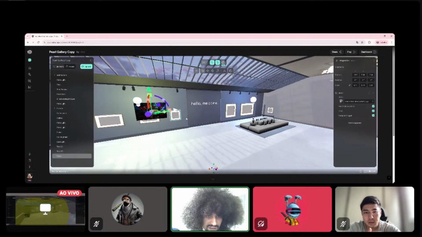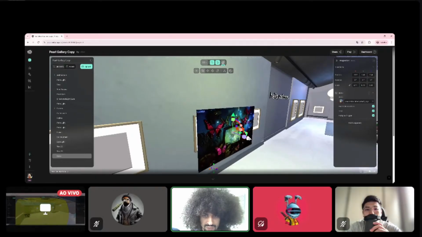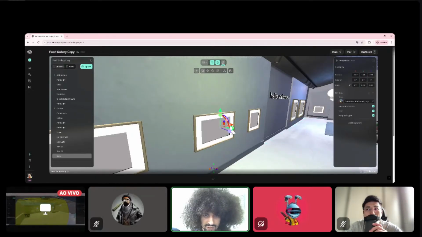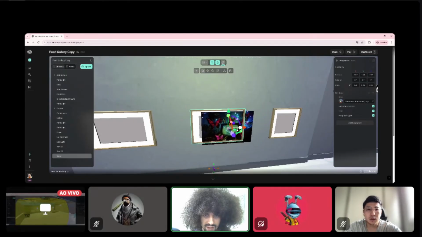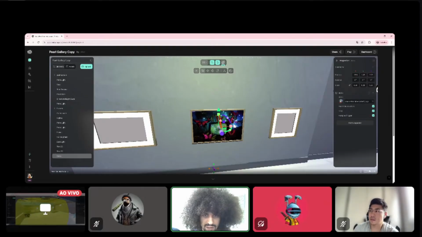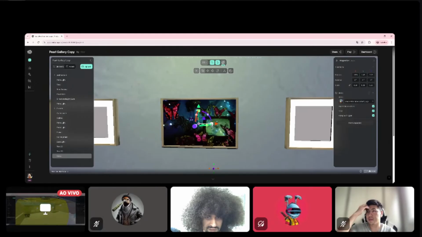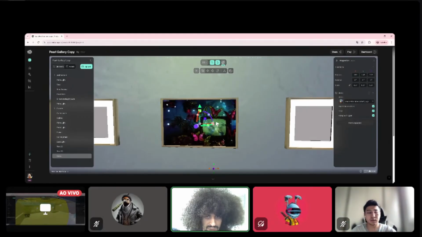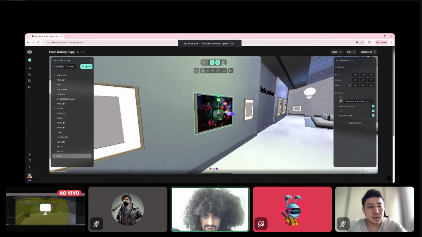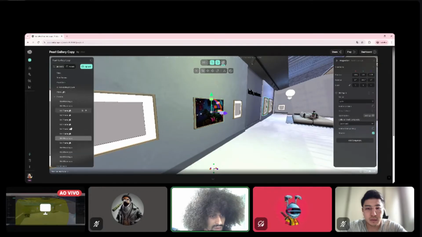Actually, this art gallery is a template in anitya. You all can use it to start building your own gallery, your own portfolio. You have all those frames that are preset in here that you can change the scale and make your own stuff. As you can see, it already fits the video. You just need to place it a little bit more carefully.